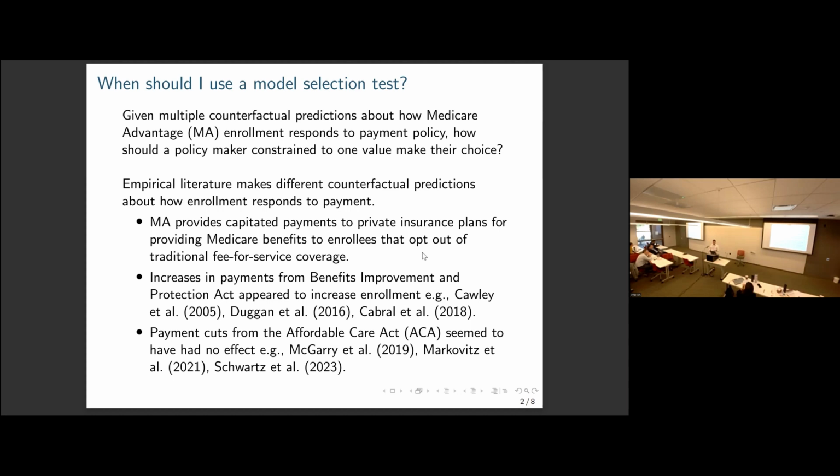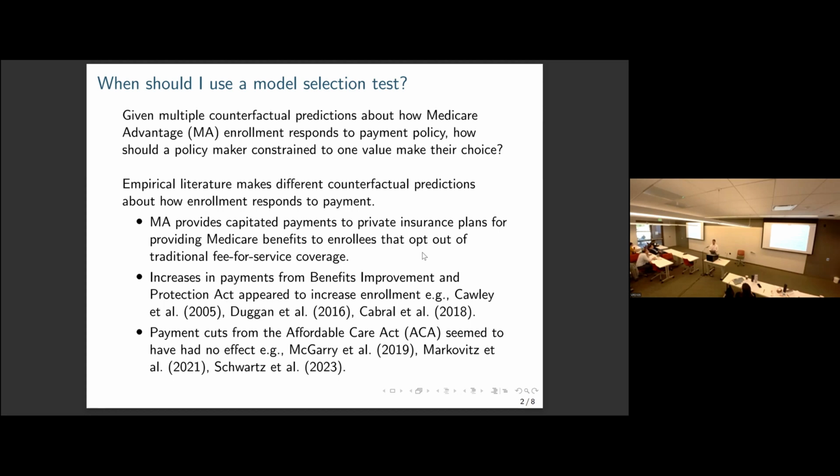And specifically about how enrollment in that government program responds to payment policy. And the reason why I'm looking at this is, suppose you're a policymaker and you have to make a prediction and you only get to make one prediction, right? This family of methods, model selection, is kind of nice for picking which model you're going to use to make a prediction. The reason why specifically this literature is because basically there's a literature that tries to predict